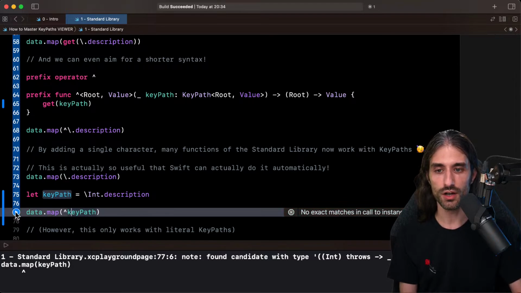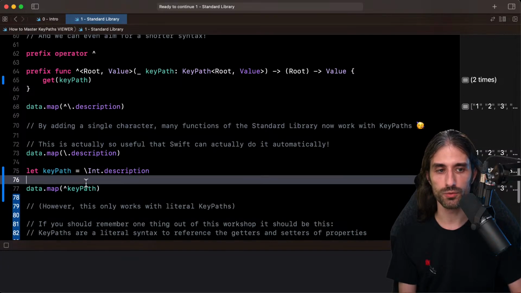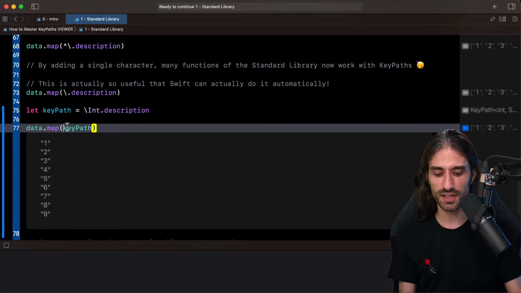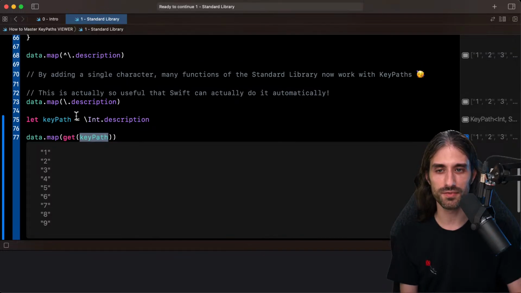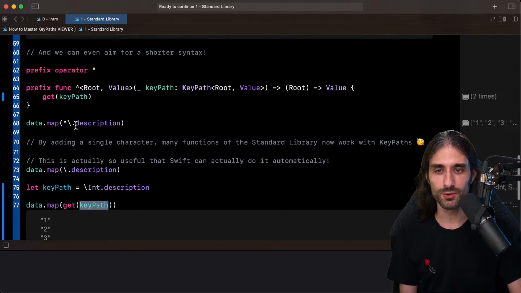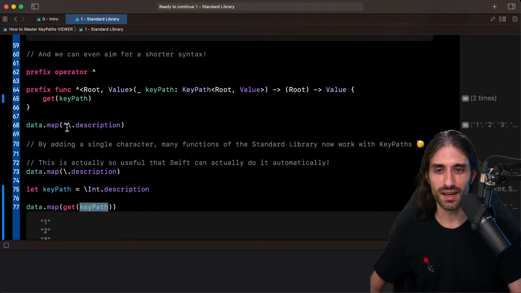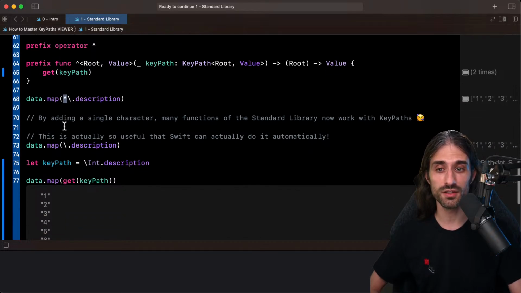However, we can use the little caret operator to make it work. You can see that it works. I would argue in this case that it's better to use the get function actually, because if you're writing code that takes a key path that is not a literal key path, you're most likely writing framework-level code, and so you might want your code to not rely too much on cryptic things. But what I wanted to show is that in older code bases, you might find this little trick because it was a bit popular when key paths were first introduced, but now they are actually not needed anymore.